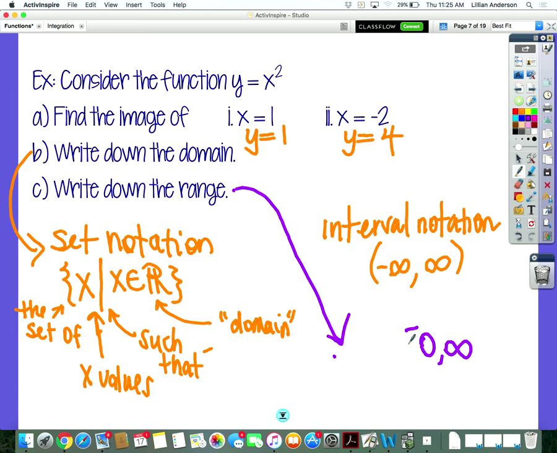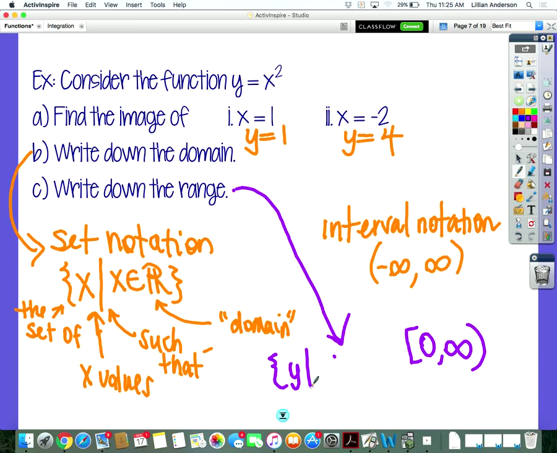So a bracket and then a parenthesis: a bracket around the 0 and a parenthesis around the infinity. If I were to write it in set notation, I'm going to have the set of, what variable am I putting? Am I putting x? Putting y. Such that,